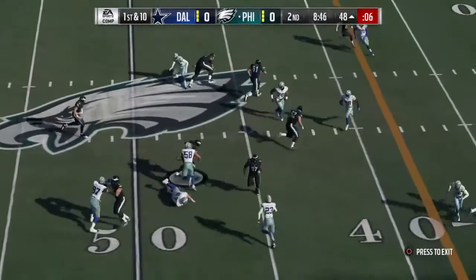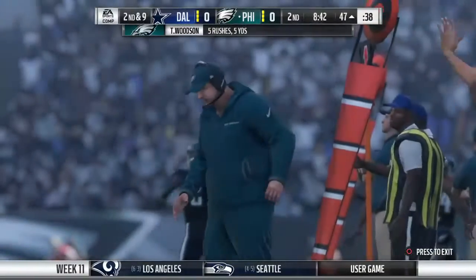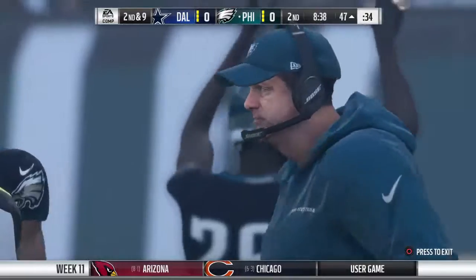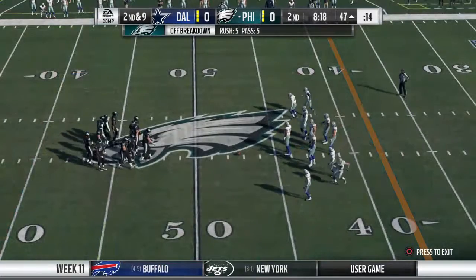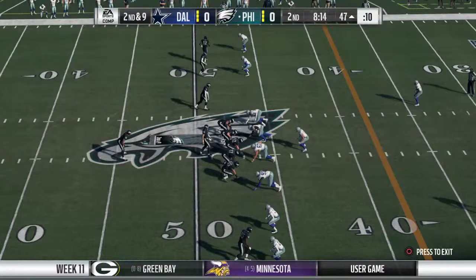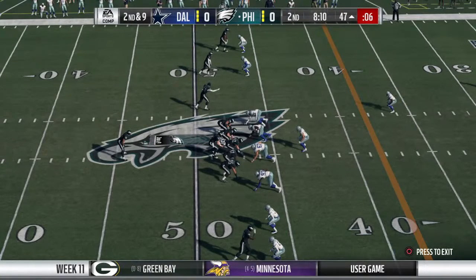They'll run it now out of the gun. Despite the strong run, he'll be hit and dropped shy of the 45. Just a yard on the first down carry, so it's 2nd and 9. After watching that play and result, I go back to when we sat with the offensive coordinator, Brandon, before the game and said, how are you going to move the ball running it against the #1 defense? He gave us no indication, didn't tip his hand at all, so we have to see how this unfolds